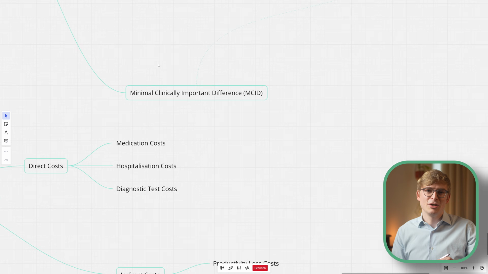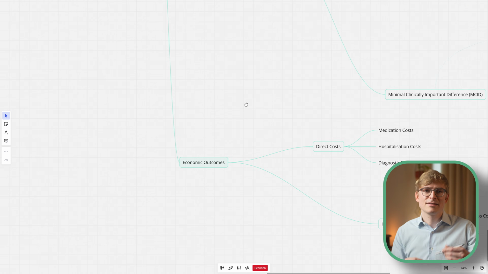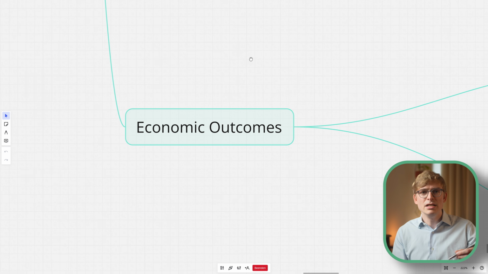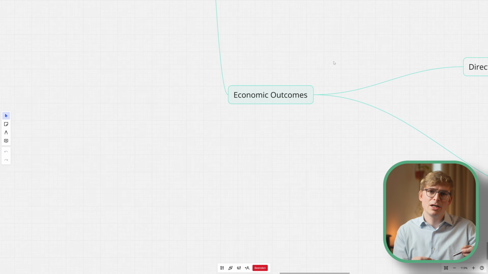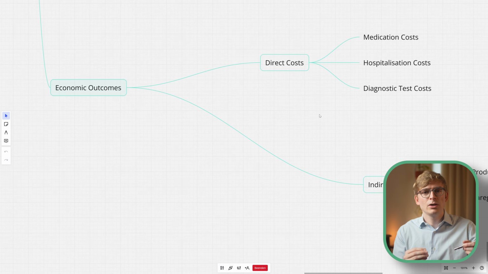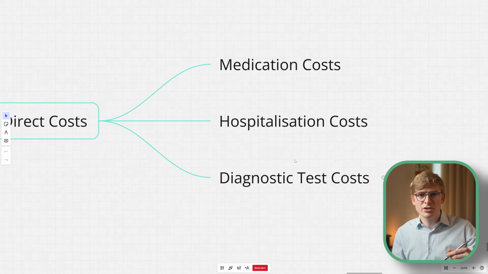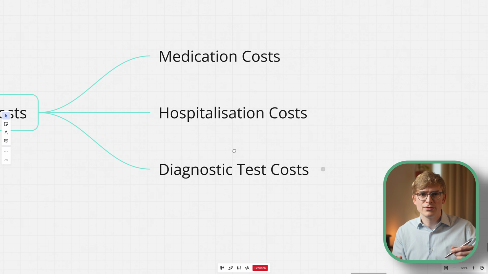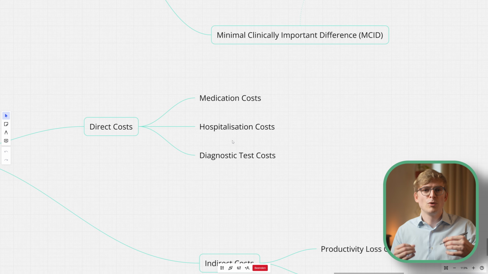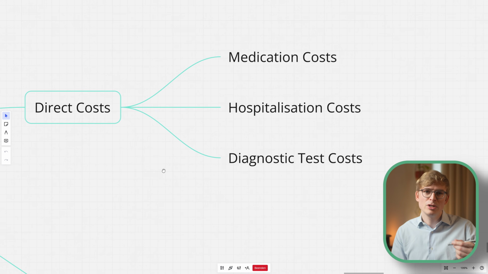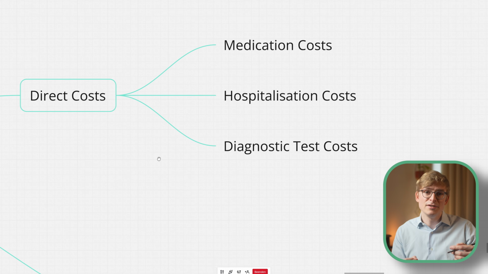Coming over to our next note, economic outcomes represents the last big bucket of outcomes collected within HEOR. As you can see, economic outcomes can be split into direct and indirect costs. Direct costs include costs such as drug acquisition costs, hospitalization costs, or costs for diagnostic tests. These costs all refer to the expenses directly associated with the diagnosis, treatment, and management of a disease or health